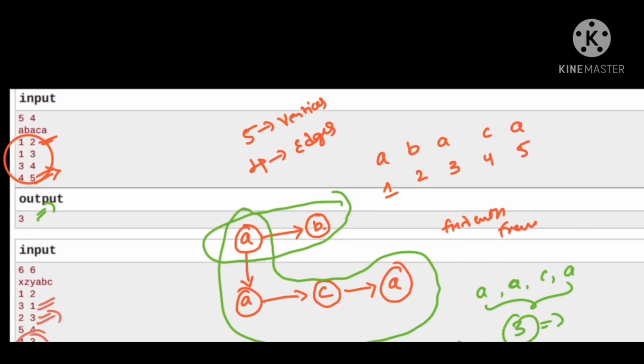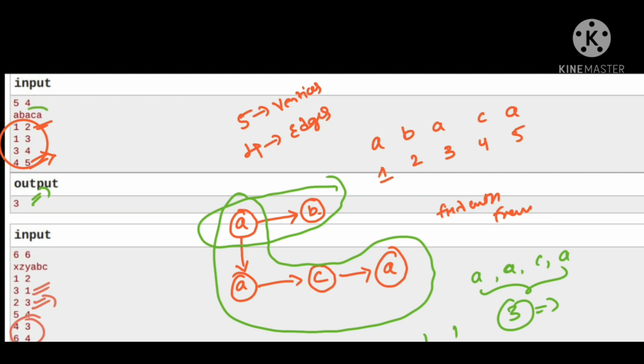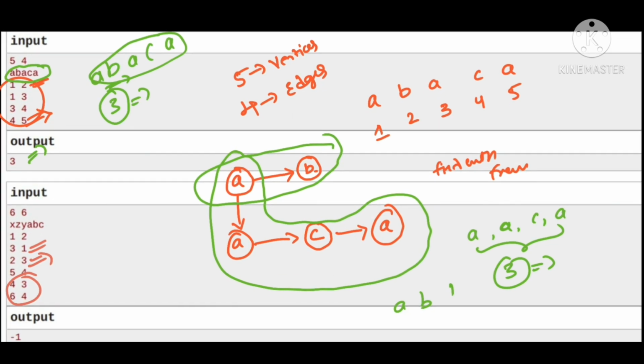And second thing, try to observe very closely in this question. This is the input, this is the output, right? String a, b, a, c, a. So at our path we have got the answer as 3. What does that mean? That means at max the answer will be the number of most frequent characters in the string. At every point of time you cannot say that is the answer everywhere, but at least there will be 3 to 4 test cases where this condition will hold. So if you see this question, this is the longest path we have taken. In this, a is repeating 3 times. So at max, the answer will be the maximum frequency of a particular element.